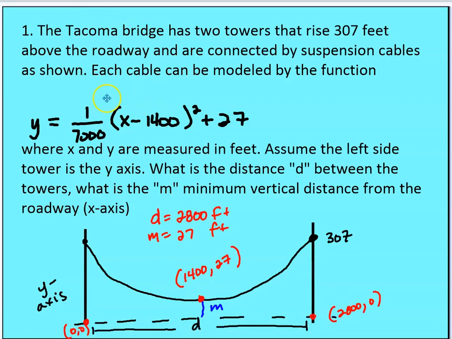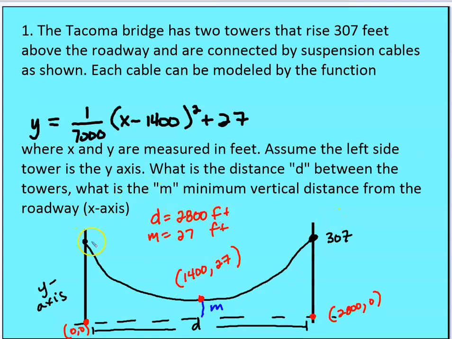Okay, so this is how we're going to do it. I am going to find out what the axis of symmetry is, and then using the axis of symmetry value, I'm going to go ahead and find what the distance is by filling it out. So let me go through the values with you. You can see pretty quickly that we have this equation in vertex form. So my vertex is going to be 1,400, 27. So I'm going to mark off 1,400 here and then 27. And because this cable here